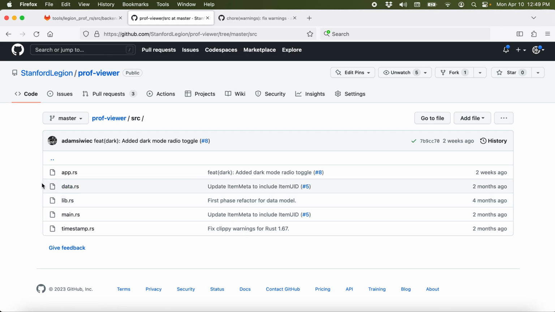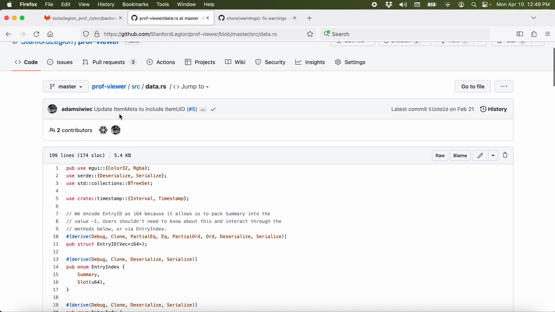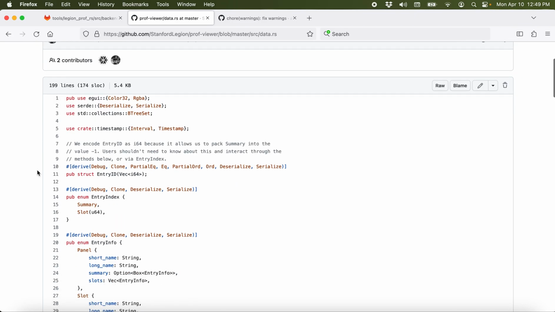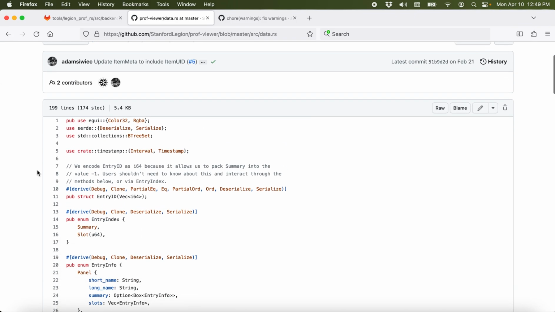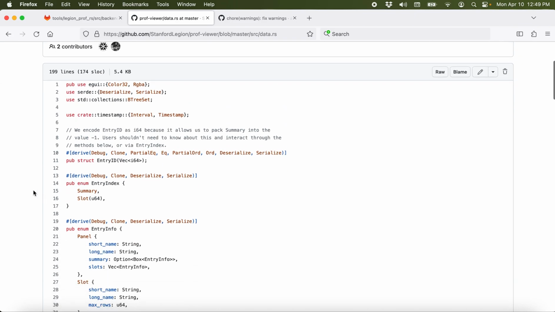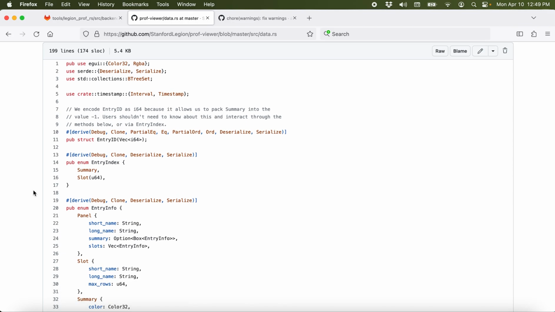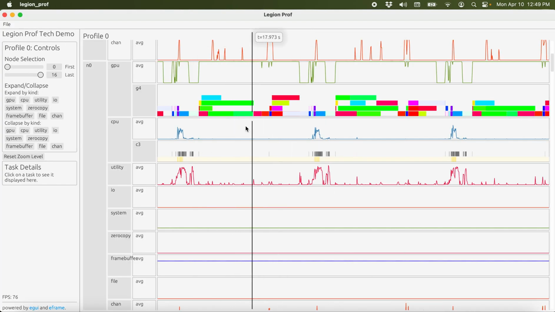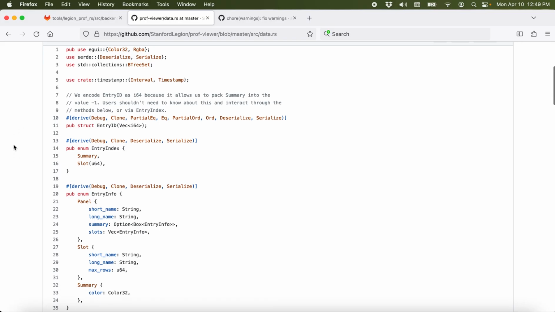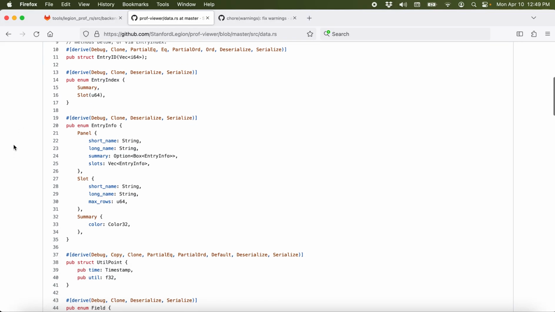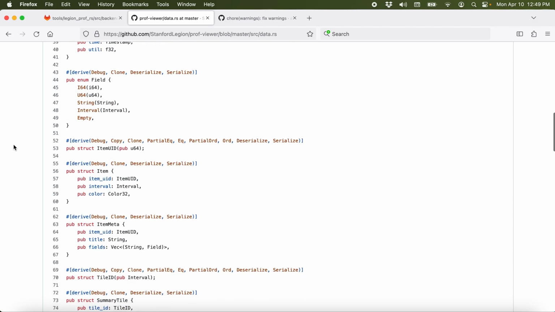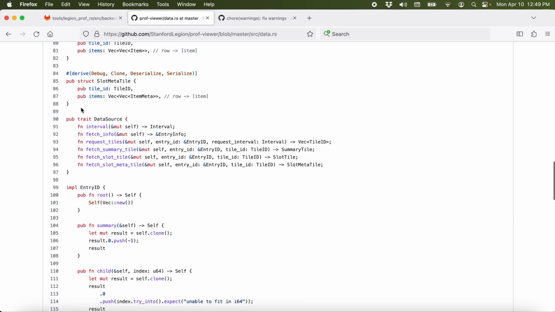This UI works in pretty much exactly the opposite way. There is a generic data model, so this data.rs in the Prof viewer is basically the representation of the data. So everything that gets shown, like when I was up here, everything that gets shown comes out of this data.rs. So maybe I'll jump down to the bottom. So everything,